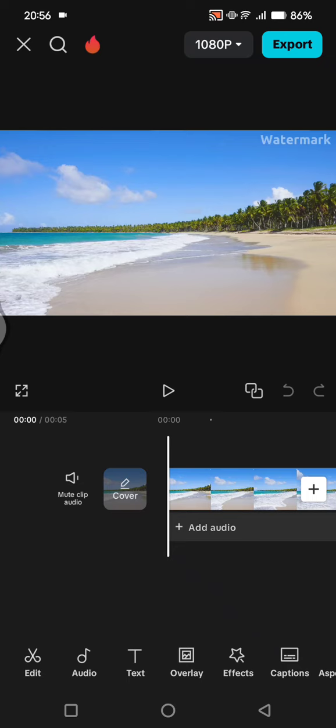On today's tutorial, I'm going to show you how you can remove a watermark from video using CapCut. So there are two methods that you can do on CapCut